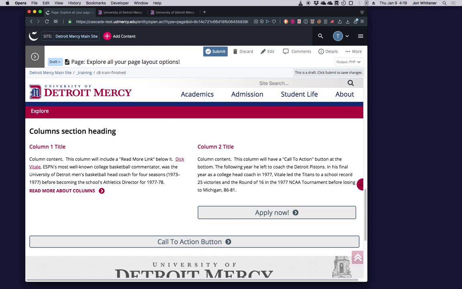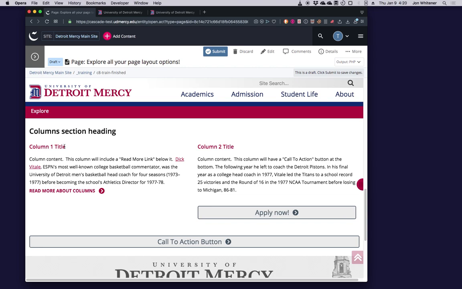Oh, excuse me, I should mention the column section has its own heading, H2, like before with the other section types. And then each column itself has a title. I believe they're optional, but titles help people scan pages quickly to find the information they want.